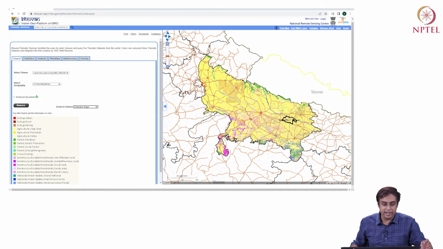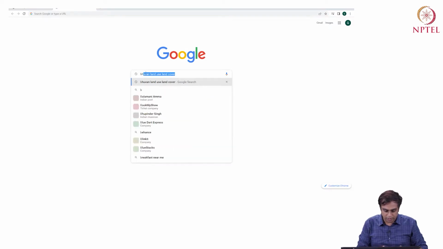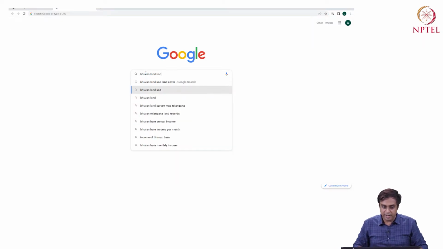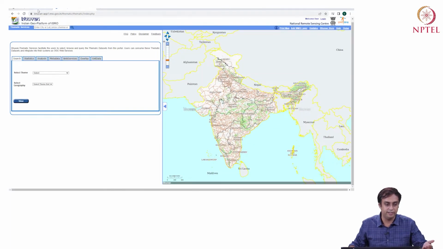An example of raster data, as we have looked in your classroom, is the Bhuvan ISRO data. So how do we get there? If we simply Google Bhuvan land use, land cover data, something that's out there, the first thing that comes out is these data. So we have seen these data, like you can select whatever theme you want, and then there are these statistics you can look at. There is an entire 15 to 20 minute module in your lecture series dedicated to the Bhuvan portal. But ultimately, you want to get these data, you can download these data, there is a form you have to fill and all that.